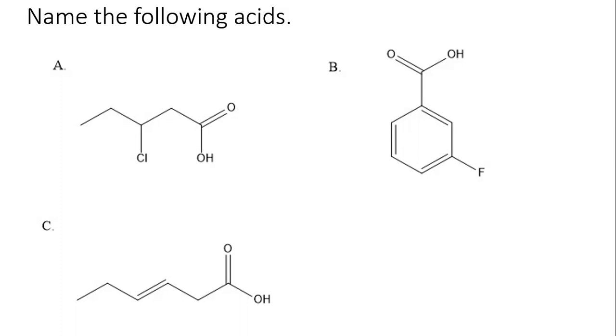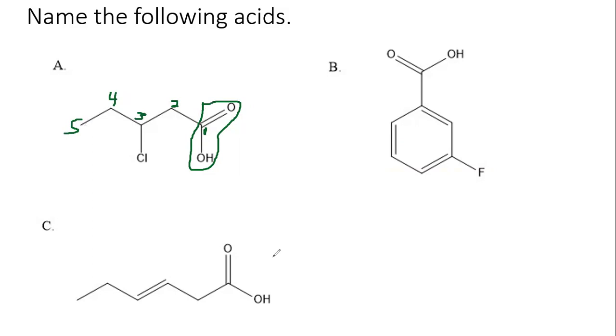organic acid. And so when we're dealing with organic acids, we have to count the number of carbons in the longest chain. And we always start with carbon 1 at the reaction center, which is the carboxylate group. So here at the carboxylate group is where we start with 1. So you always start number 1 at the carboxylate group. That's the first carbon. And then the second carbon, third, fourth, fifth. So there are 5 carbons in this chain, and you notice that all 5 of these carbons have